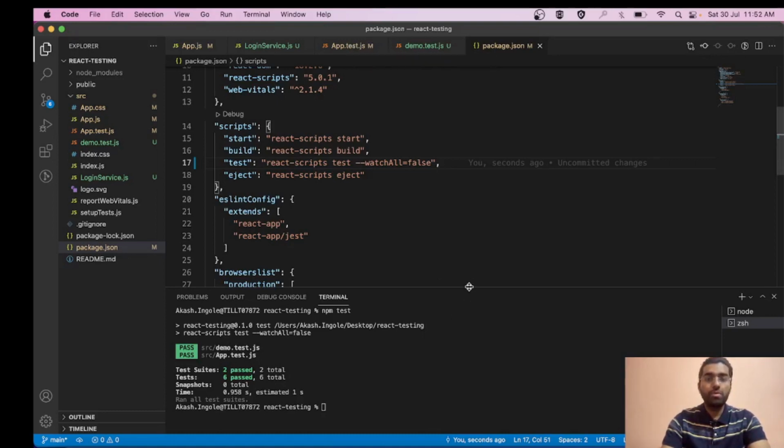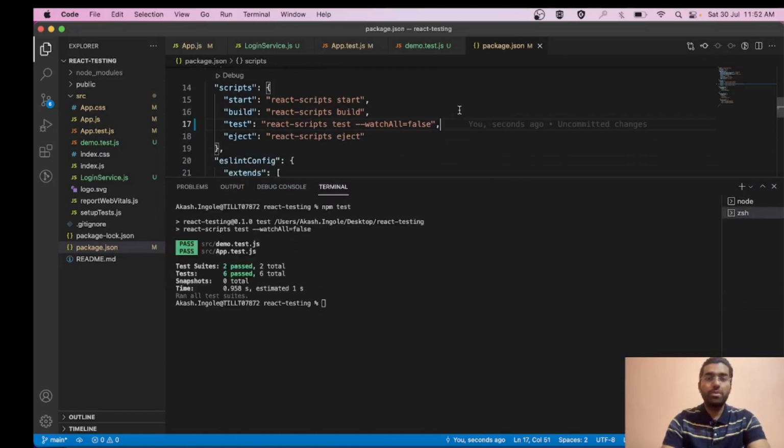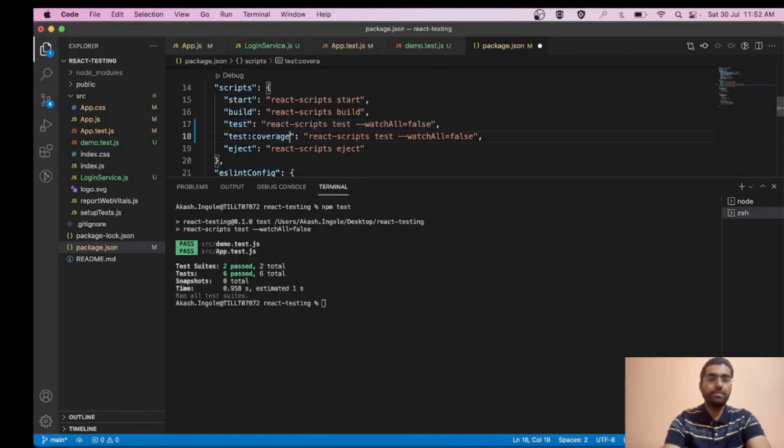To do that, you can simply write this test coverage over here, and inside this simply pass coverage. Now what we are going to do is run this command, npm run test coverage.